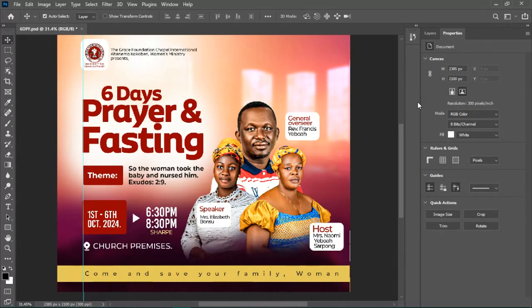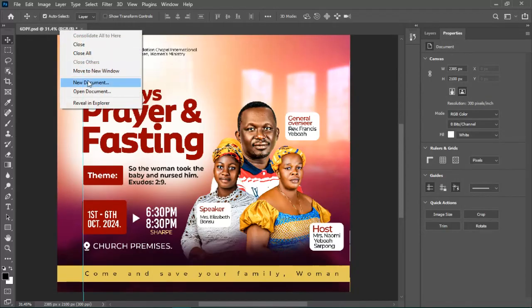So you deselect, then you come to properties. If you come to properties, you see this is the width, and then this is the height. So the width is 2385, and then the height is 2100. So without wasting much time, let's start creating our Canva. So 2385 by 2100. So you right click on the name here, come to new